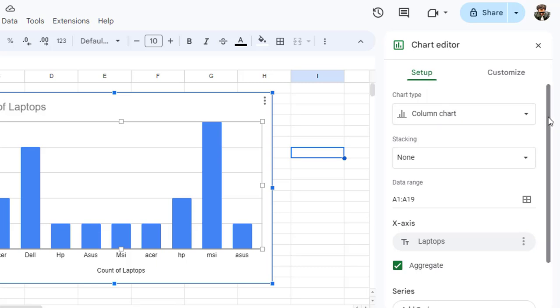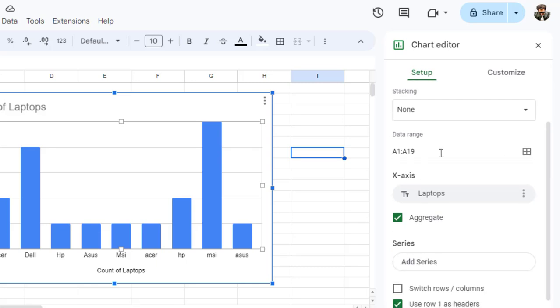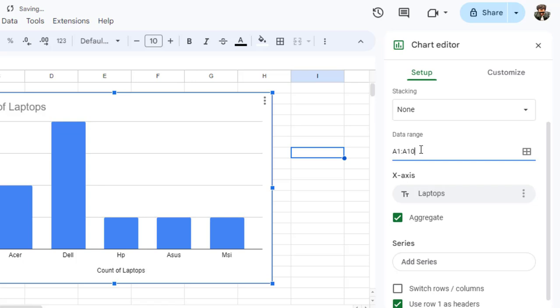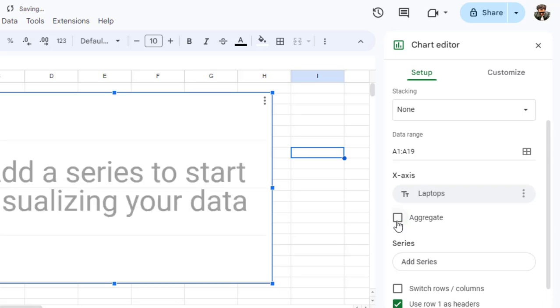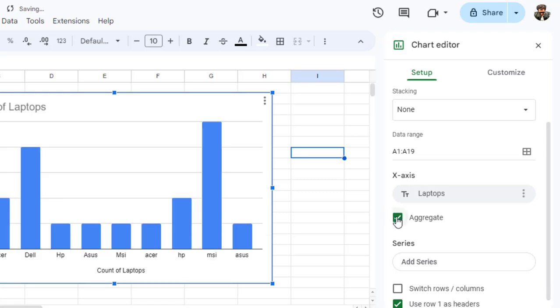Go to setup, and you can change the data range also. For example, A1 to A10, and enter, right? Similar. And you can see here aggregate. When you will not select this, then you have to say that add a series to start visualizing your data. Just click this one, and